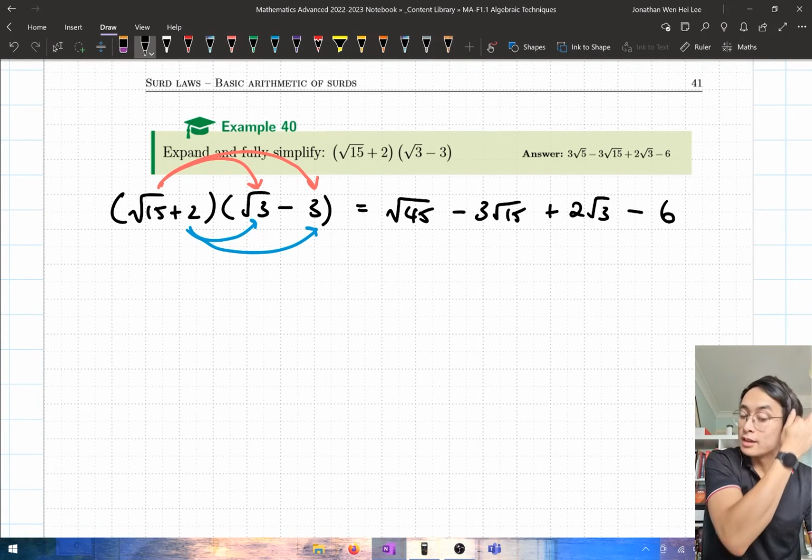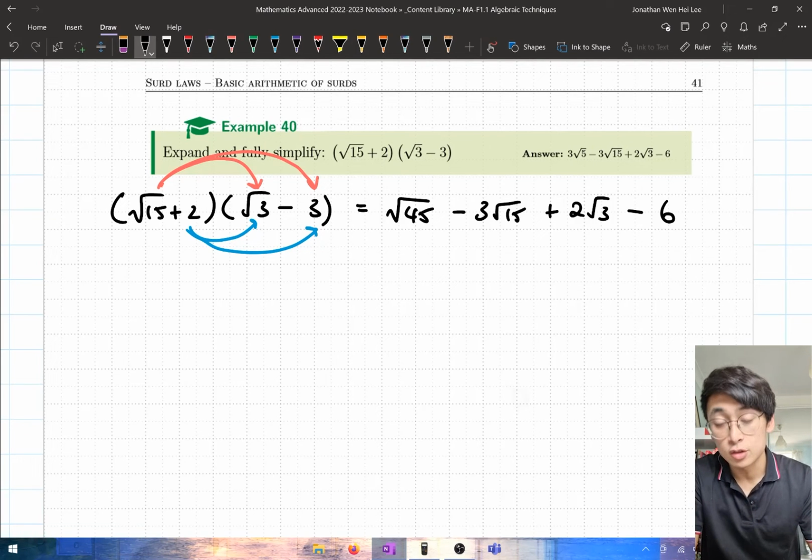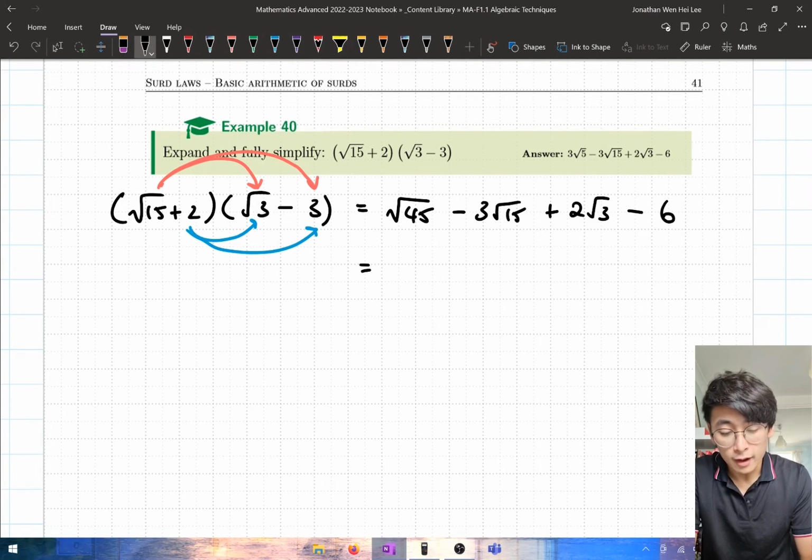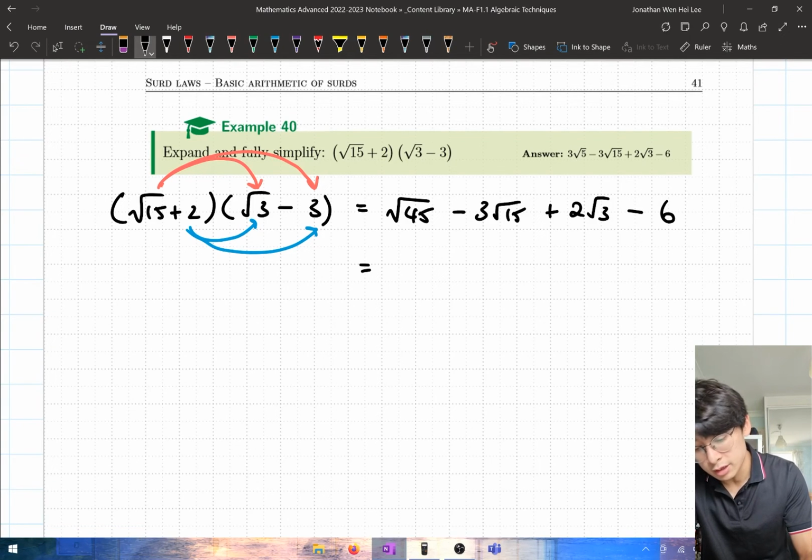Then from here, we just want to check all our terms and see if there's any terms that we can simplify. Now, the one that I see immediately is that square root 45, mainly because it's the biggest number, and I can immediately see that there's a perfect square factor. Square root 45 actually has a perfect square factor of 9. 9 times 5 will give me 45, so I can take out that 9. The square root of 9 is 3, so this just becomes 3 root 5 minus 3 root 15 plus 2